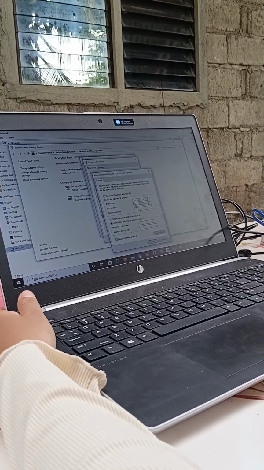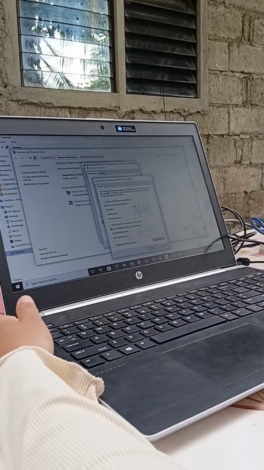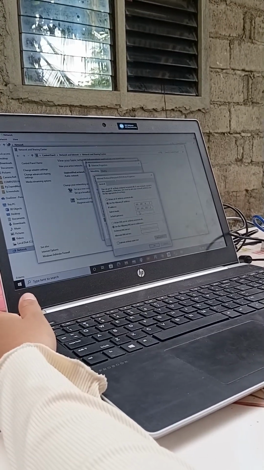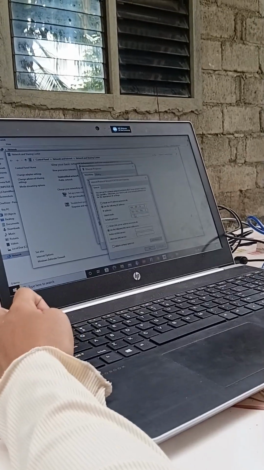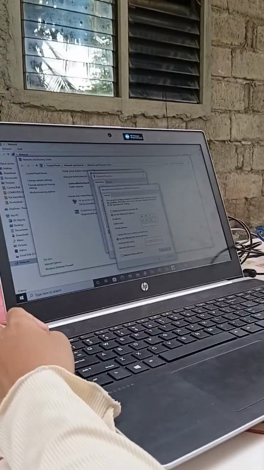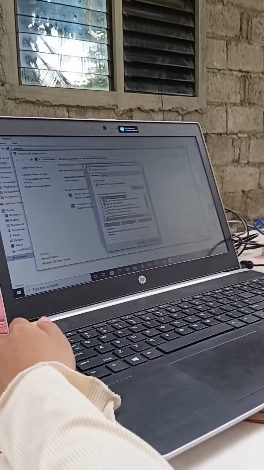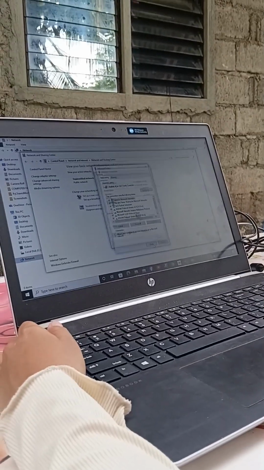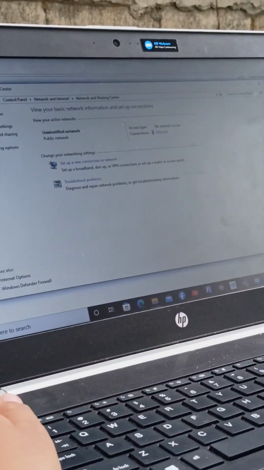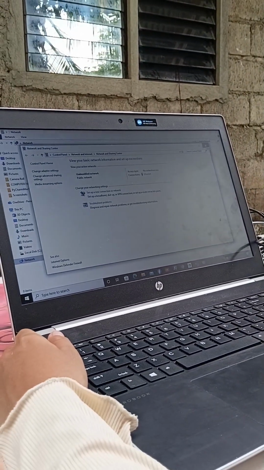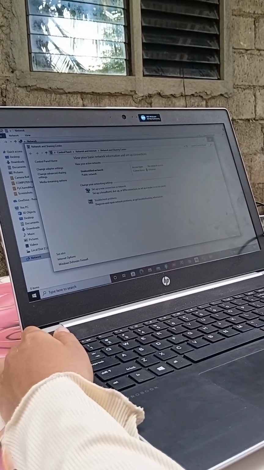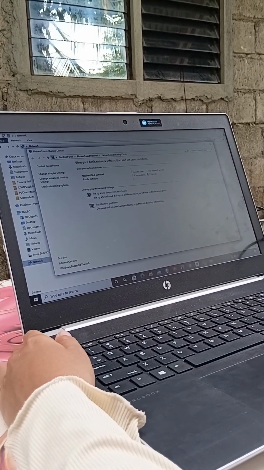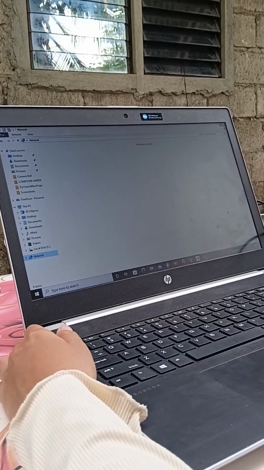Open control panel, go to Network and Sharing Center, click Change Adapter Settings, right-click Ethernet and select Properties. Select Internet Protocol version 4 or IPv4. Click Properties, choose Use the following IP address.